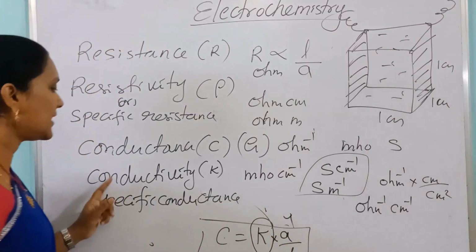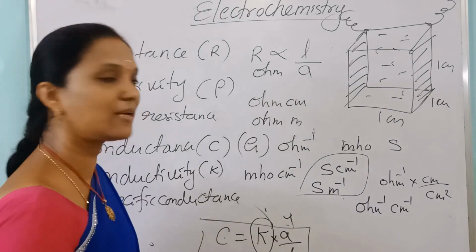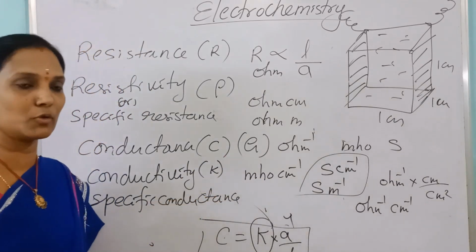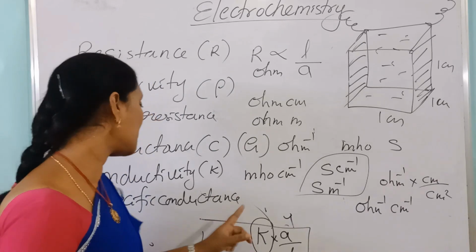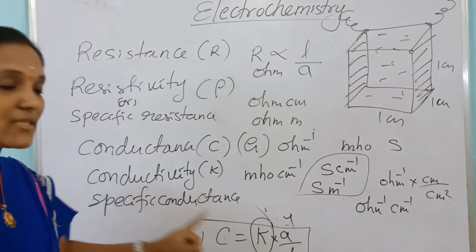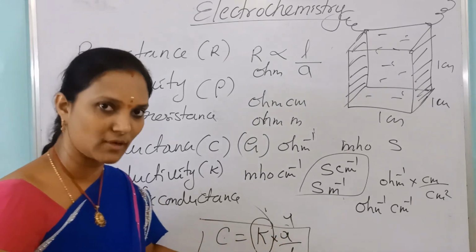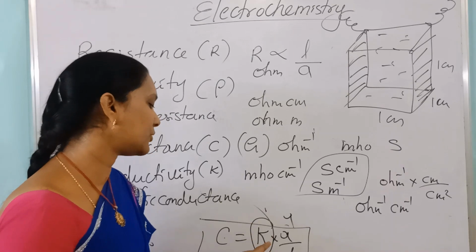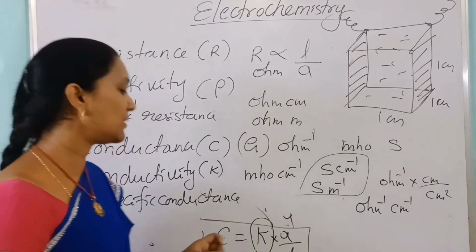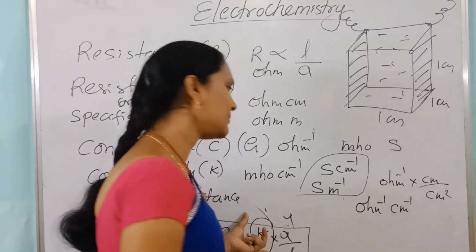Siemens units. Next, conductivity. So conductance C is equal to K into A by L that we are getting, nothing but 1 by rho. Instead of 1 by rho, we are using K. This K is nothing but a constant. Now this one is conductivity. What is the definition of conductivity? If both are 1, nothing but length 1 centimeter, area 1 centimeter square, then the conductance of that electrode is the conductivity. Nothing but the conductance of 1 cc of electrolyte is taken as the conductivity.